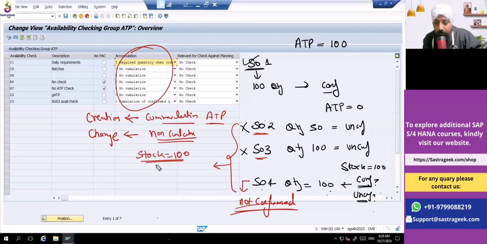And this stock of 100 needs to be distributed into the 2, 3, and 4, right? How it needs to be distributed is based on the back order priority. It will distribute and try to confirm either the sales order 3, 4, or 2. Whatever is possible, it will try to get it confirmed,